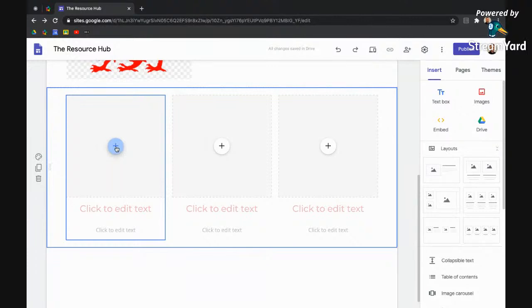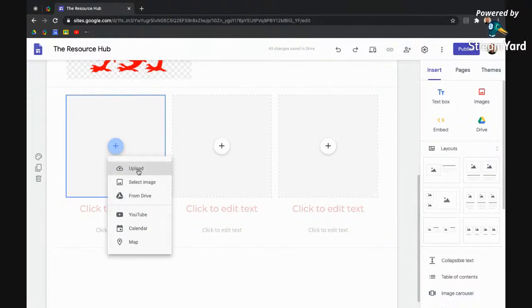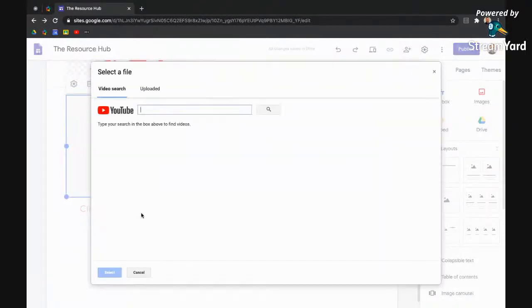Now this could be something that's class-based or the whole school perhaps. So we're aware of several schools who've built their actual school websites through Google Sites and have uploaded videos, etc., just as we are here. So what I'm going to do is link to YouTube. And in here, I'm going to type